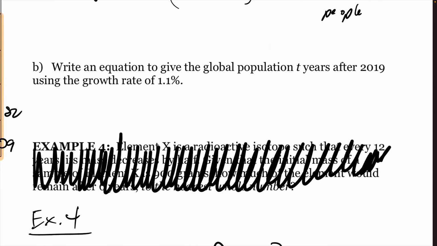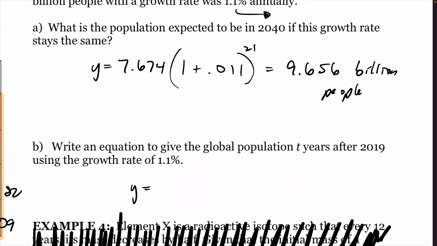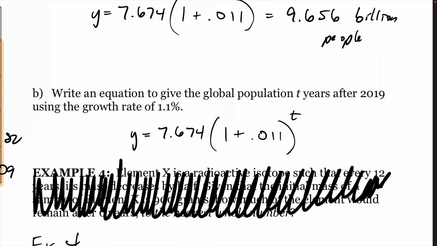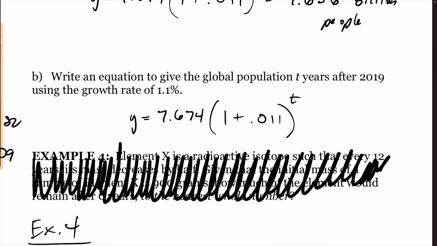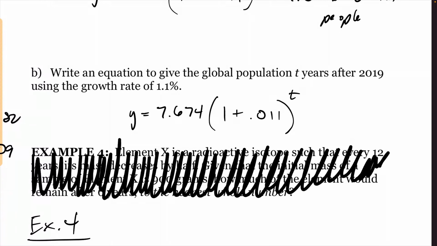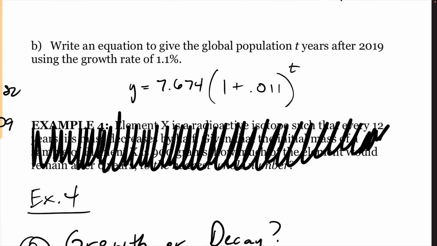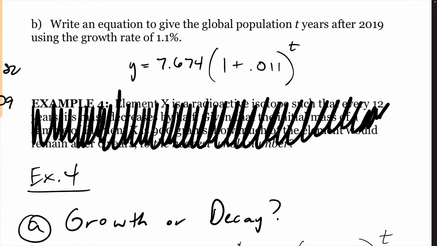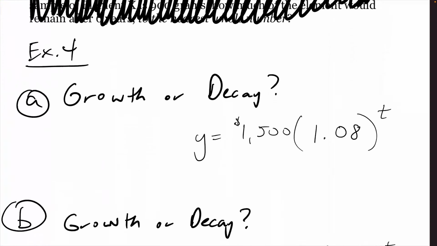So what is the equation we used? Y equals 7.674, we said it was growth, and then we did years, right? That's the equation we used, and we just plugged in 21. Okay, so the last problem. I'm not going to do that problem. I changed it a little bit. I made it shorter. So that was a regular problem. We'll do that later. But the problem that I want you guys to do is,